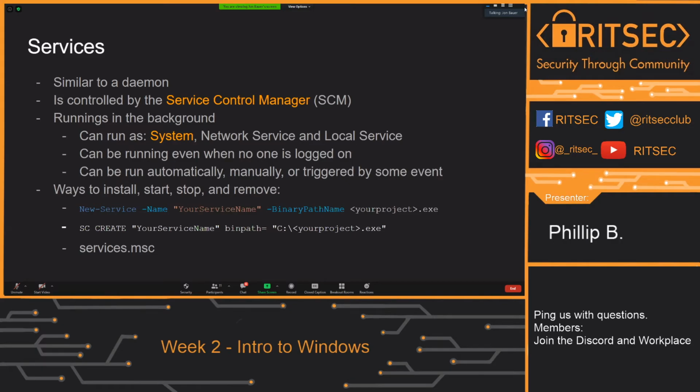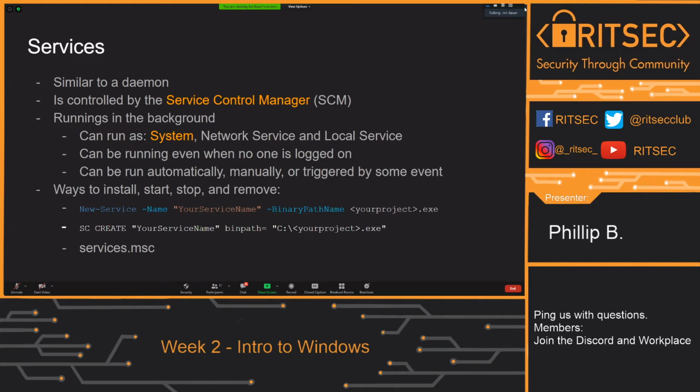You can run a service as the system user, which could be very dangerous, but as an attacker, as a red teamer, I like my service running as system. You might not like it, but we can share the machine, and I like running it as system. And then there's the other users, the network service user and the local service user. This is what you want. You want these services to have as few permissions as they need to run, so bad people like me or other attackers can't break into your system during a competition, for example, and get full advantage of it.